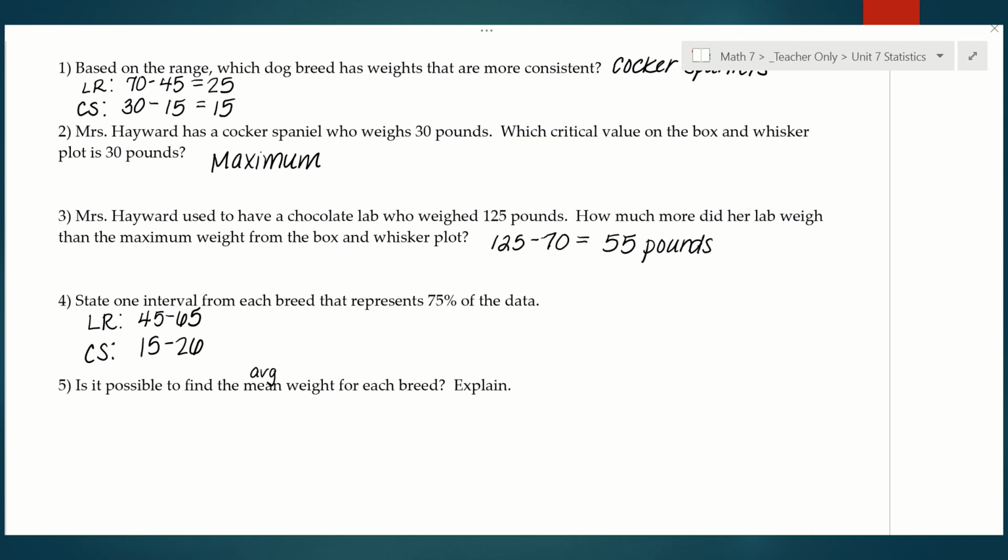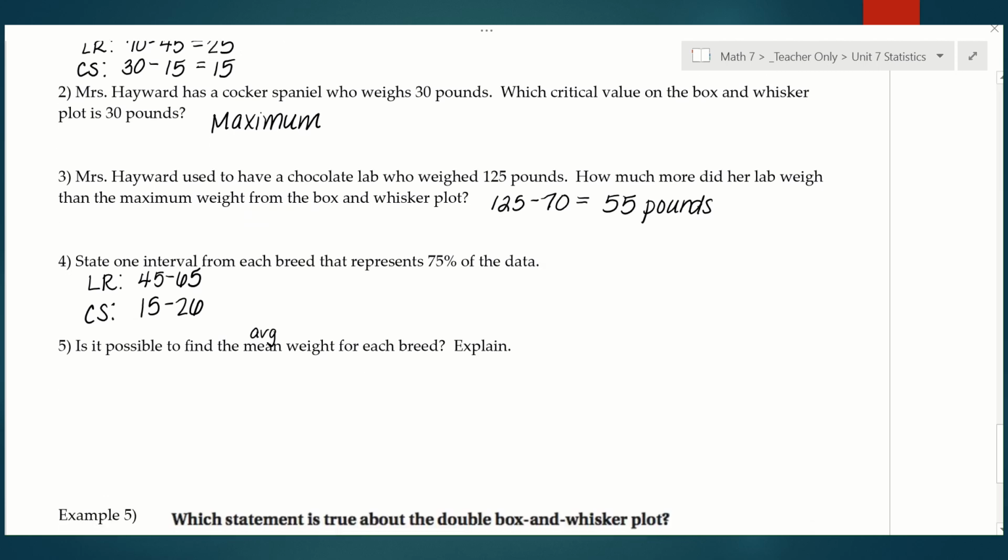Now there is one exception. If you have a box and whisker plot that is symmetrical, meaning the boxes are the same size and the whiskers are the same size, then your mean is actually the same as your median. Okay, so that is the one exception. But looking at our box and whisker plots, neither of them are symmetrical. Labrador Retrievers looks like it could be, but one whisker is definitely longer than the other, and so we cannot find the mean from either one of these. So I'm going to say no,